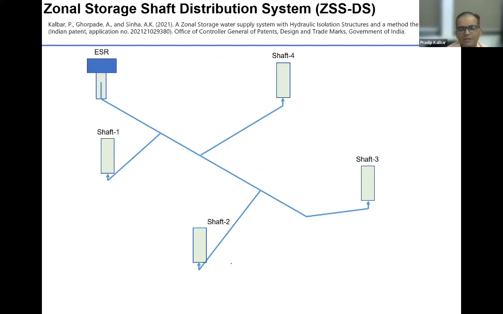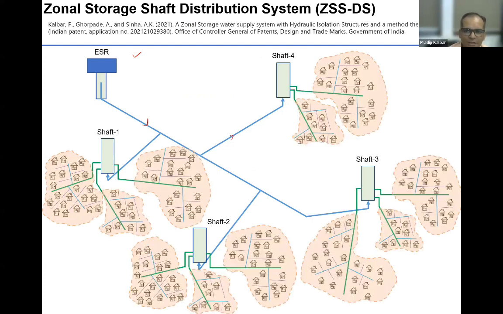For cities, many people will be interested in what we can do. You have the ESR, and you convert that ESR to a shaft by adding the shaft into the distribution system. You can have express feeders and bring them to the shaft. We are working in Dahanu city, where we are implementing this model through CSR funds provided by Stem Water. This is the model we are working on for cities. Okay, we have filed the patent. We have a startup company, and this technology is transferred to this startup.